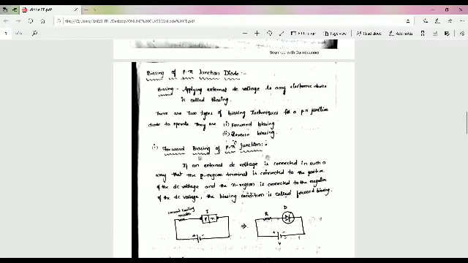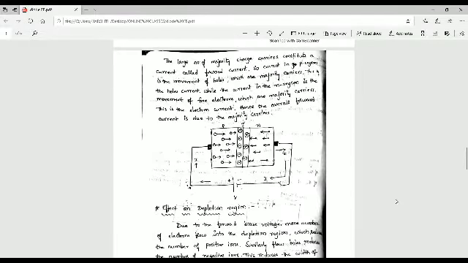Operation of the PN junction diode. Operation of the forward biased diode. When the PN junction is forward biased, as long as the applied voltage is less than the barrier potential, there cannot be any conduction. When the applied voltage becomes more than the barrier potential, the negative terminal of the battery pushes the free electrons against the barrier potential from N to P regions.